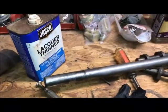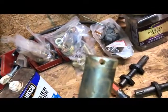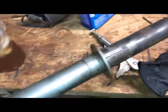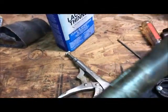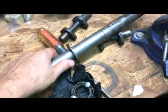And since I've got the camera batteried up, it died only a minute ago. Here's the brake clutch shaft I pulled out. I've kind of polished it up some to get rid of some of the dirt. I had to drill out this cotter pin hole on the end of it. And here's the washer that sits up against the housing, between the pedal and the housing there. And there's that Woodruff key I was talking about earlier that didn't want to budge, so basically I went ahead and pushed it on out like I originally planned,